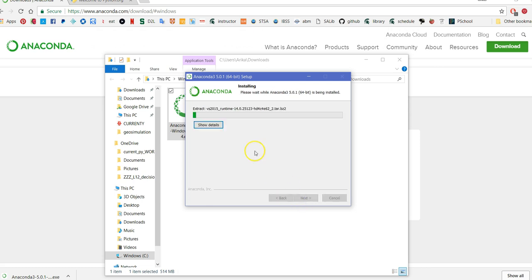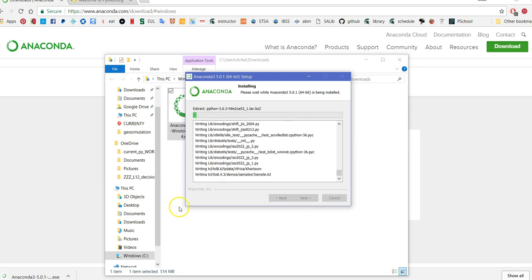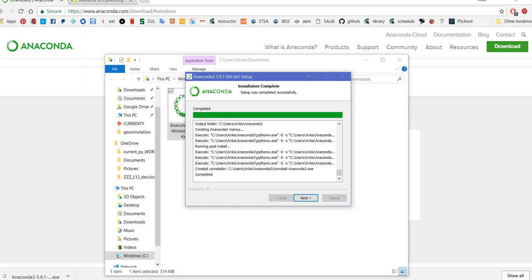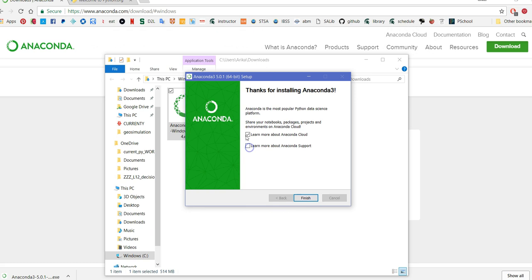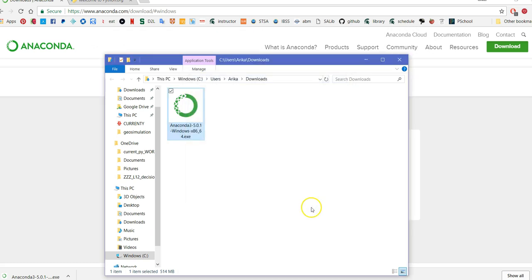Just click install, and again, it's going to take a while, so let's pause for a moment, and I'll be right back. All right, so the installation is completed. Just go over next. I don't want to open any websites, so I'm going to uncheck that. And one more thing,